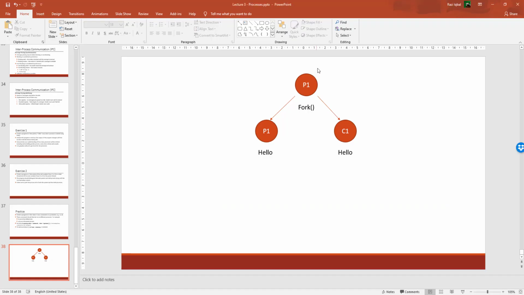So what I did, this is clear, that first time I called fork, I had a hello command. One hello was printed for the parent and one hello was printed for the child. That's clear. Now I called fork once again. After printing hello, I have called fork once again. So what will happen now is, fork will again create two streams for parent and child. So it will create two streams for this parent